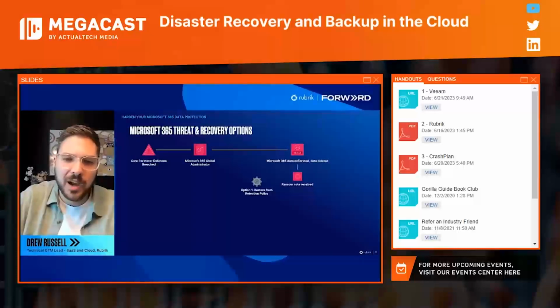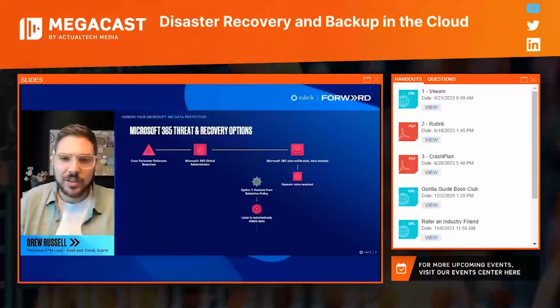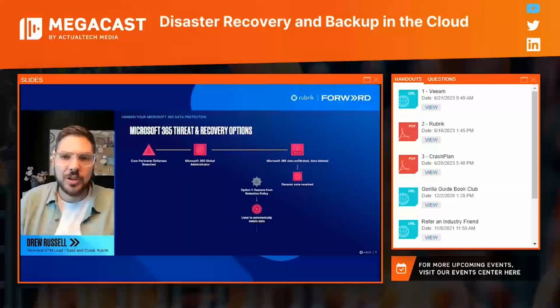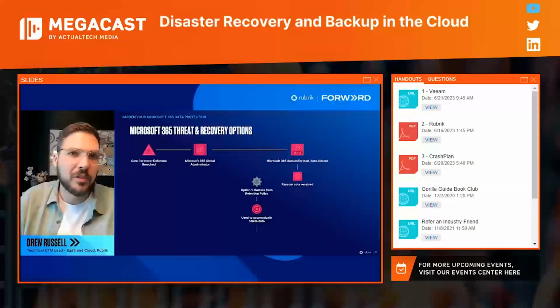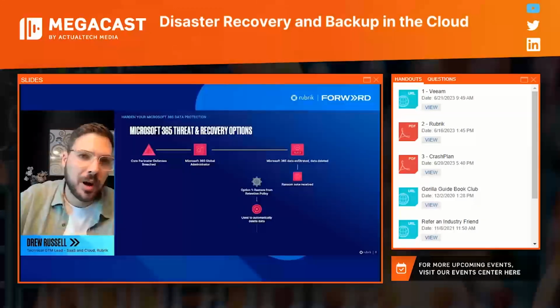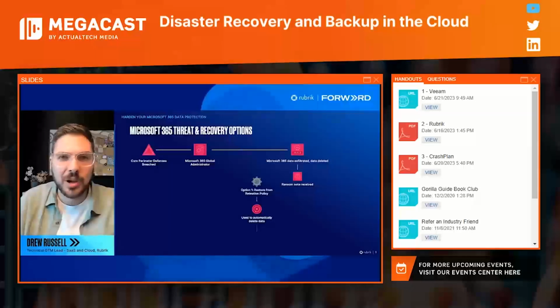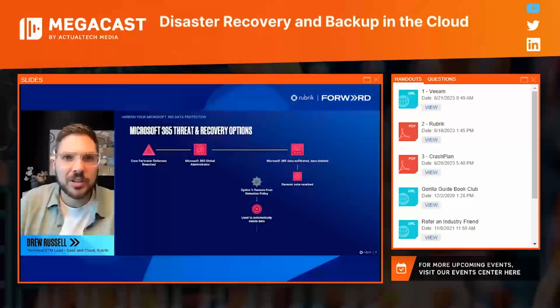The caveat here is these retention policies are then being used to actually attack your environment. What Microsoft wants to do is give you the ability to delete data from your system. That way you don't have to worry about it from the compliance aspect, the legal aspect. So a great use case that is part of these retention policies. But really what we're seeing is those use cases being used to attack your environment.